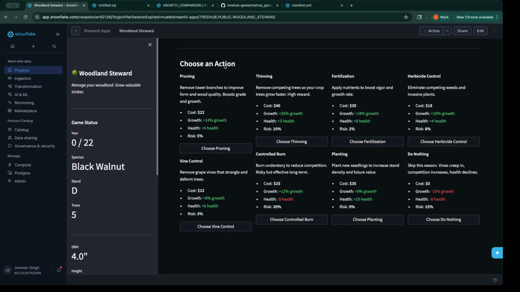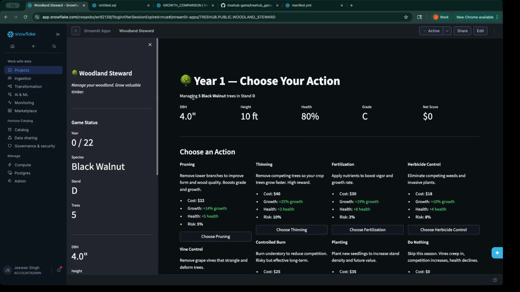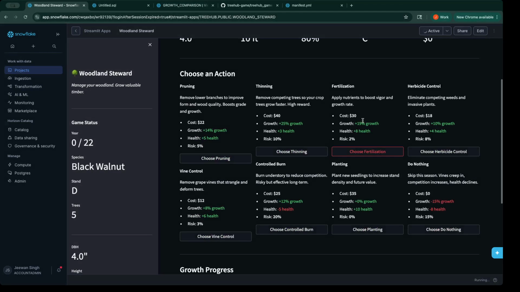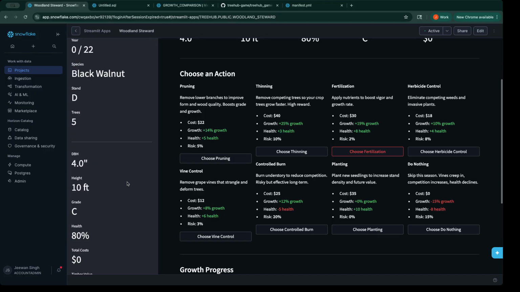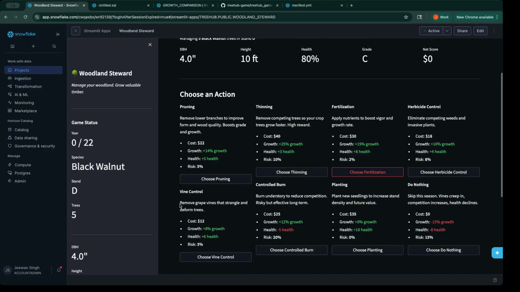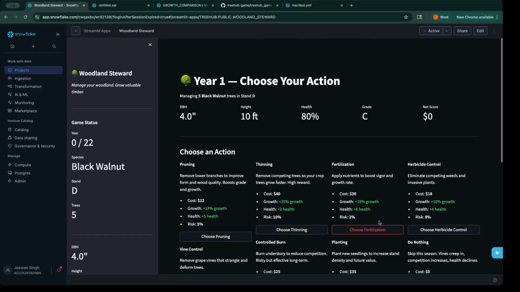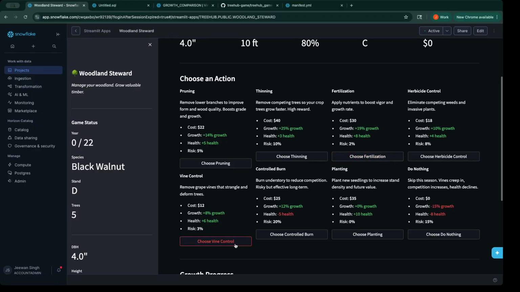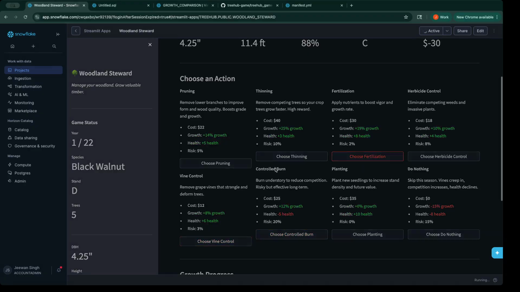All right, so this is how you choose an action. For example, this is a normal year. I'm going to choose fertilization. It's going to cost me 30 bucks to fertilize the trees. So I'm losing some money as I go through each year as I pick things. The second year, maybe I'll do some vine control, right? Do some fertilization again,